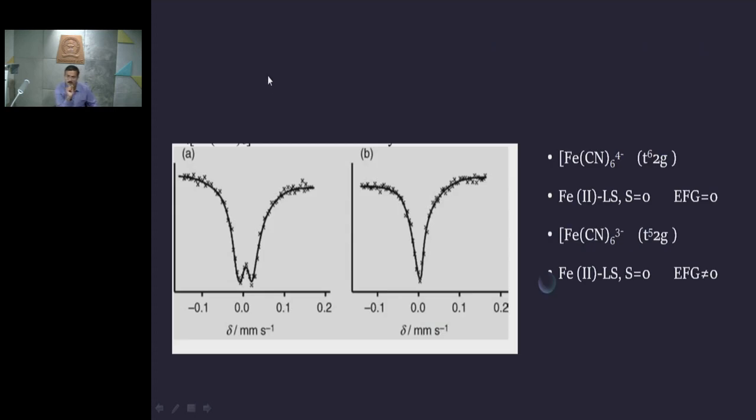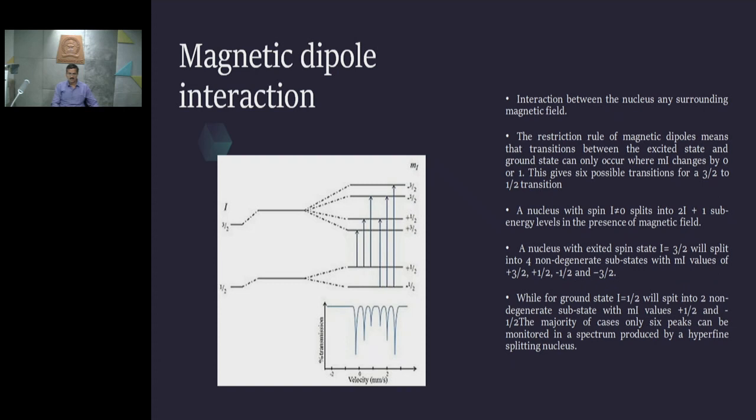Similarly for the different images, where Fe(CN)6 is a strong field iron complex with T2g6 electrons, Fe plus 2 has an electrical field gradient of 0, while for T2g5 the electrical field gradient is not equal to 0. That way we get the absorption of light. This spectrum used to show 2 peaks or 1 peak. So symmetrical and unsymmetrical distribution of electrons leads to such types of MB spectrum. Then the question arises,